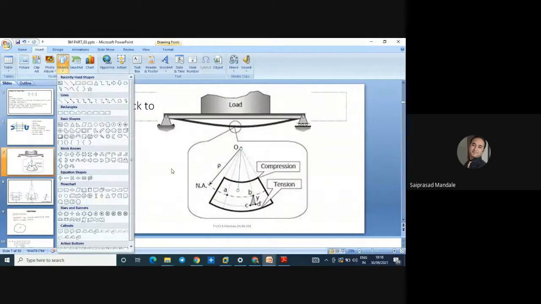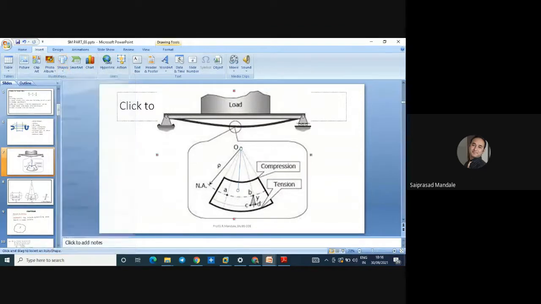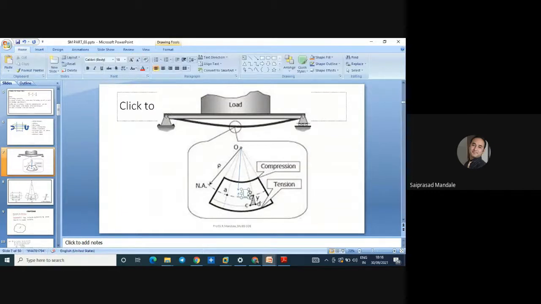The distance between this point and this point is nothing but Y. The distance between any two layers is called Y. The distance of a layer from the neutral axis, from this point to this point, whatever the distance is, is called Y. Look over here. This is one layer, and that is Y. We can call this layer at a distance of Y because that is any layer.